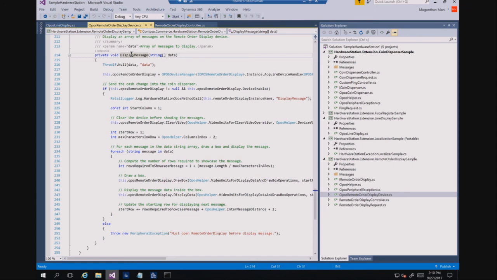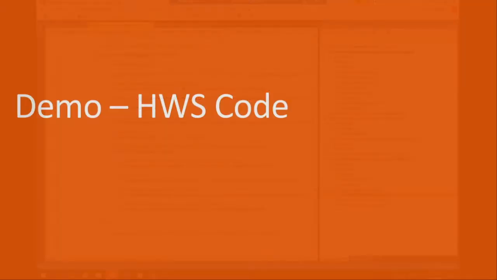To call it from the POS, it's simple. There is a suspend transaction sample which will show you how to call it, just like Peripherals.execute, pass this operation name, that's it. The POS will automatically call the hardware station. So that's how you will extend for the hardware station. I will go back to the deck.